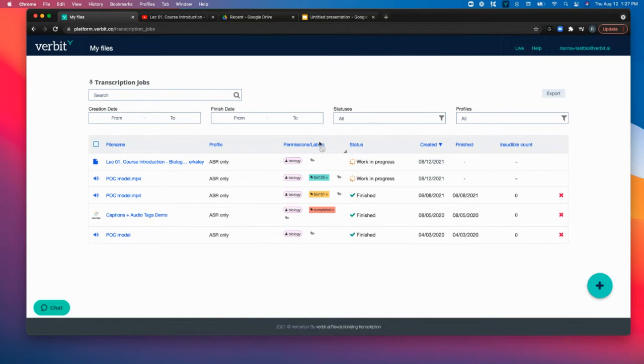So what I want to show you next is how to export your job. So once your job's finished, you can